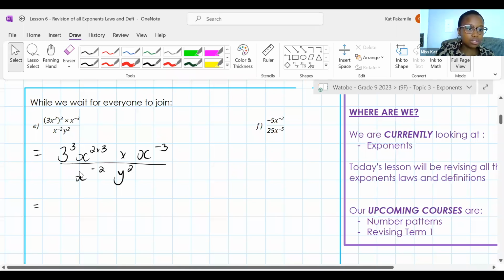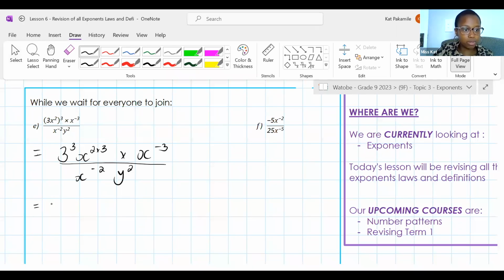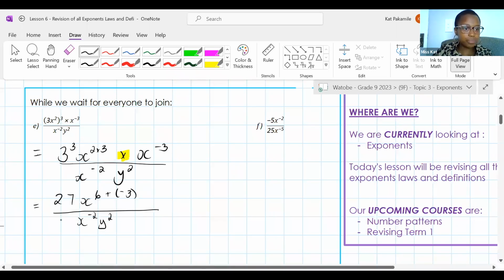Okay, so we'll first start in the numerator. 3 cubed would be 27. And then you have x, 2 times 3 would give you 6. And since we are multiplying, we will add our exponents in the numerator. So it's 6 plus negative 3. Okay, so we've dealt with the numerator, all over, still we have x^-2 y^2, and that is equal to